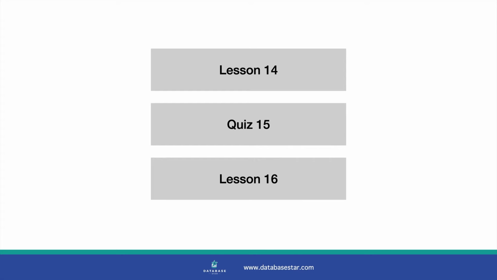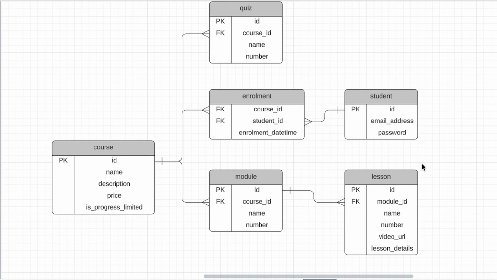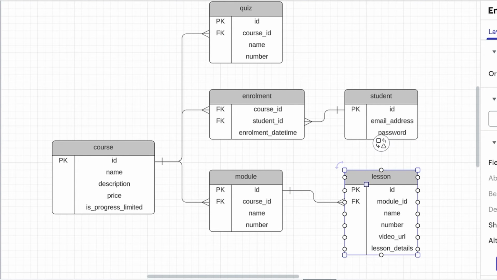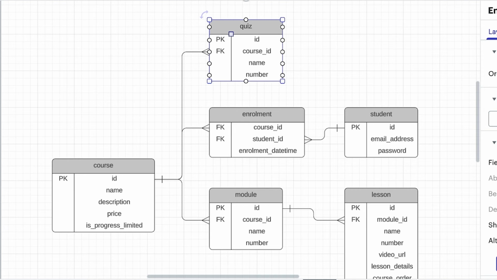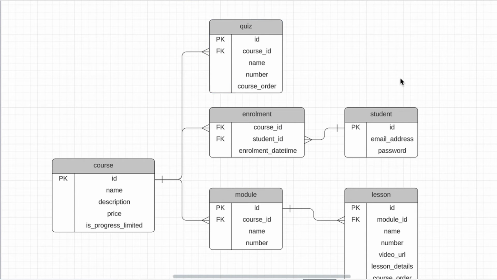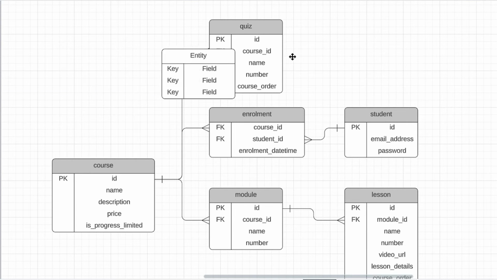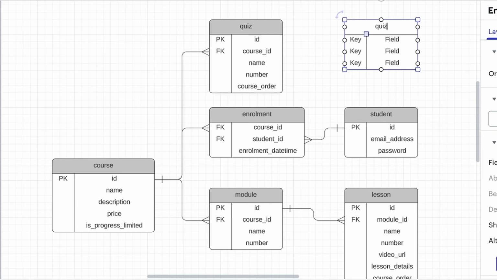Perhaps we should separate the number of the item from the concept of where it fits. We can do that by adding a new column to both the lesson table and the quiz table. We'll call it course order. We can add numbers into these fields that indicate the order which they should be shown in the course outline. This means that quiz 1 can fit anywhere without having to change the number field. We just change the course order field.